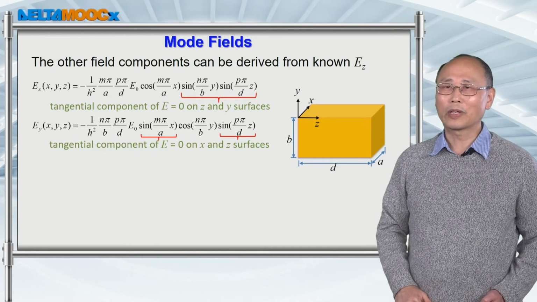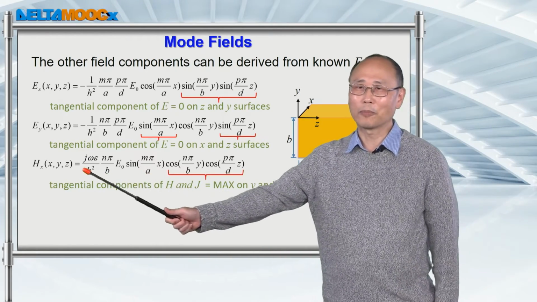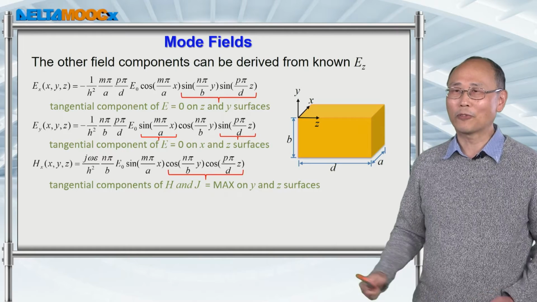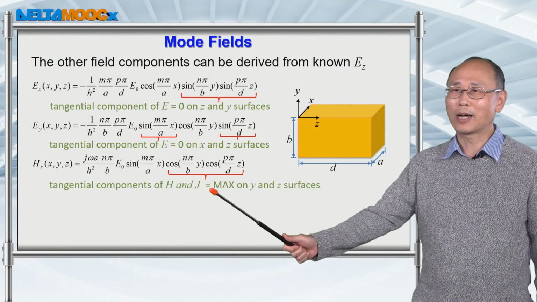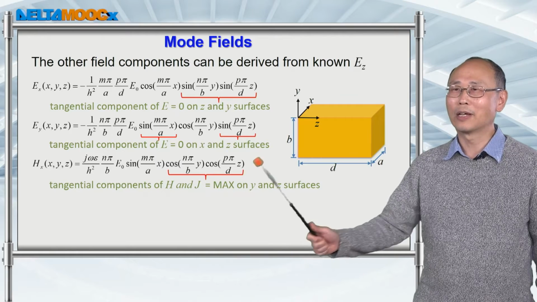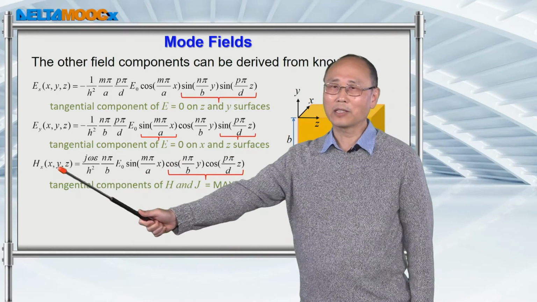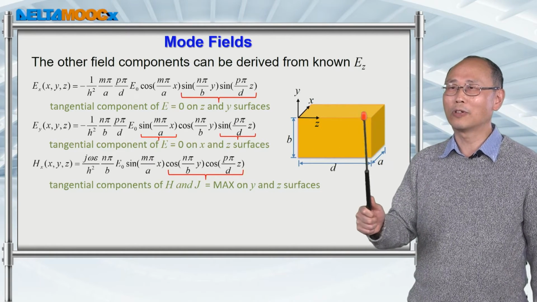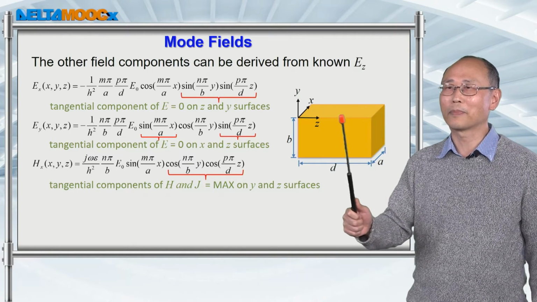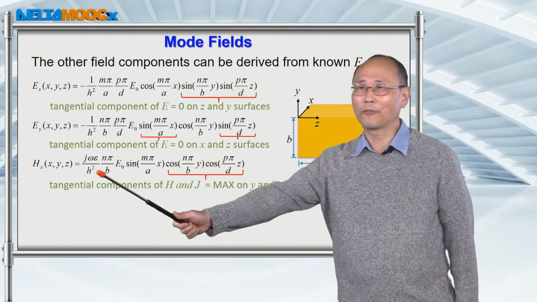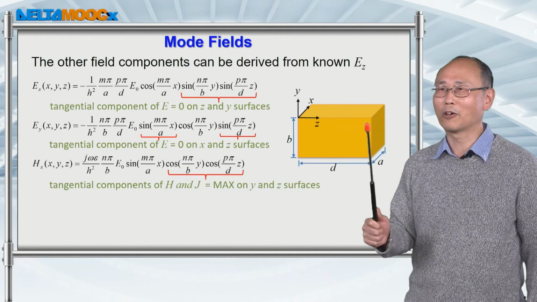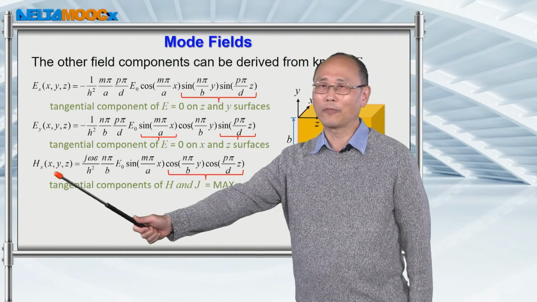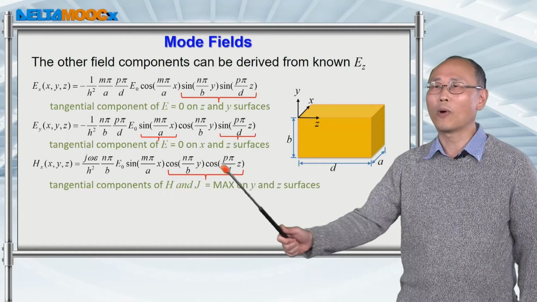On the other hand, when we look into the magnetic field, the physics is a little bit different, because the tangential component of the magnetic field will induce the surface current on the conducting boundary. So they have cosine-like solutions on the boundary. For example, this X component magnetic field along this direction, the surface current is going to flow along the Z direction. So the tangential component of the magnetic field on this surface and also on this surface will give you cosine solutions. So you see Hx will have cosine dependence on the y and z directions.